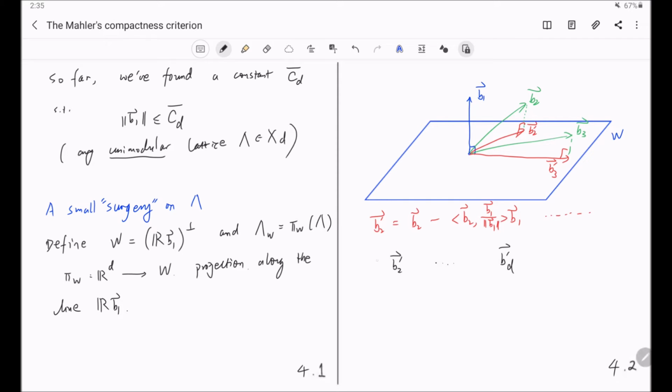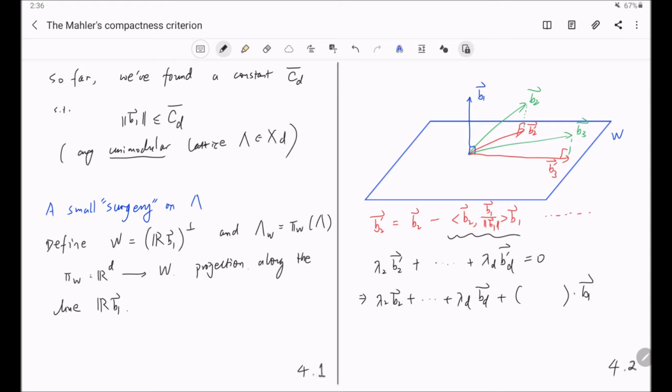Indeed, if you add coefficients lambda 2 all the way through lambda D and let this equal 0, this gives you, by using the formula here, that lambda 2 B2 plus through lambda D BD, without primes, plus some coefficient times B1